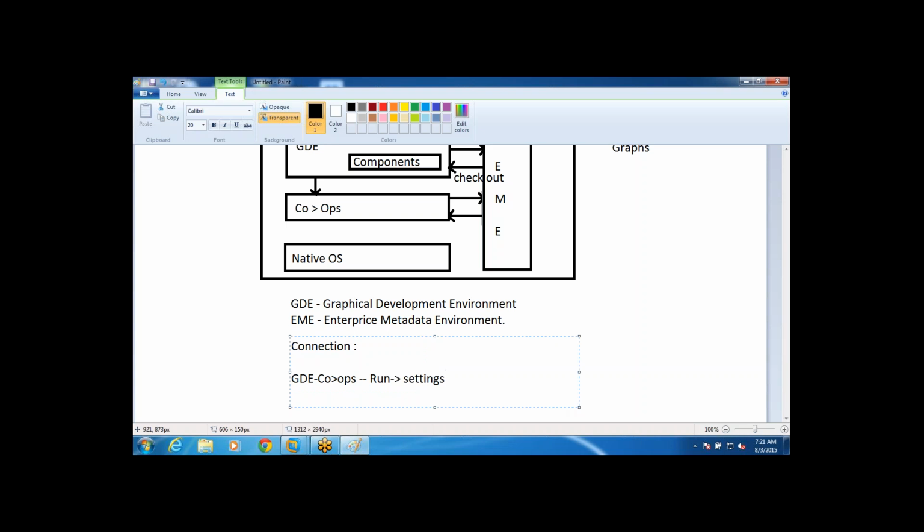So for the connection between the GDE and the Co>Operating System, in the GDE we have to go to the run settings. There a separate window will get opened. We have to enter the host we are going to connect with, the user ID, and the password. And then the connection between the Co>Operating System